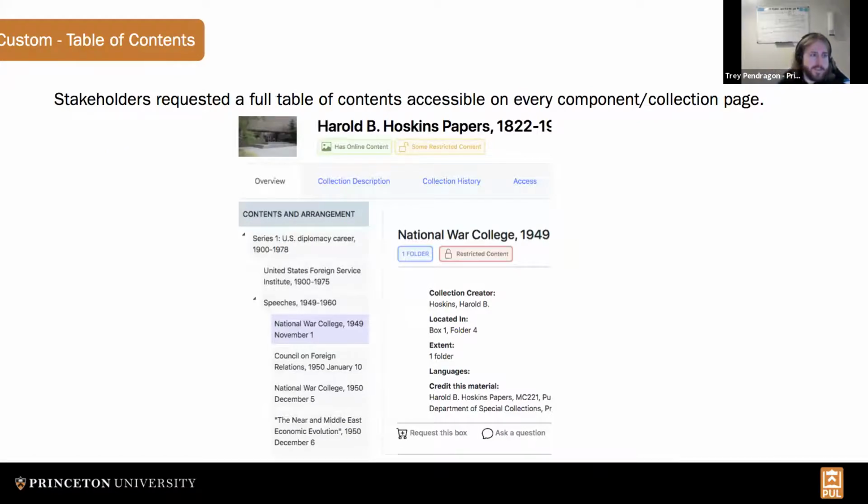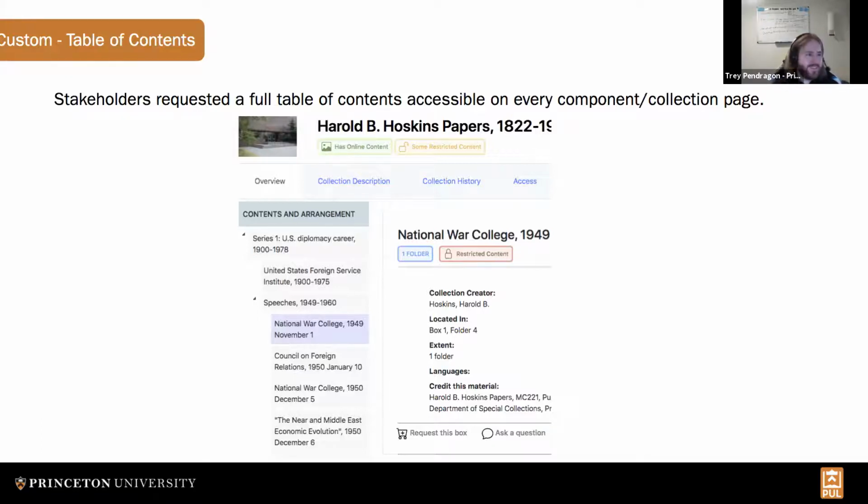One of the big things that we're always working on is the table of contents. In base ArcLight, you get this collection context button that worked pretty okay, but it was really important to our stakeholders that I always know exactly where I am in an EAD. And I know how that relates to other steps, and I know how much deeper I can go, and I can make sure that I'm requesting the exact level that I need to request for digitization nowadays, or for access in the past.